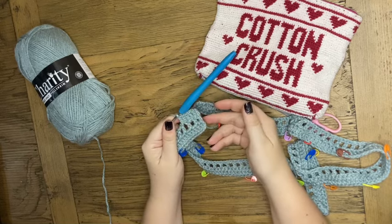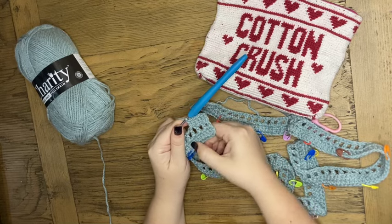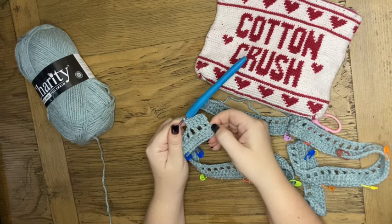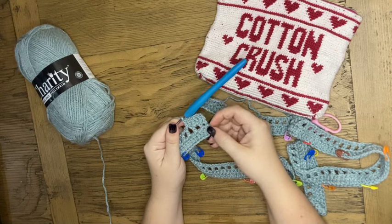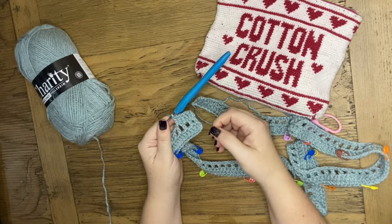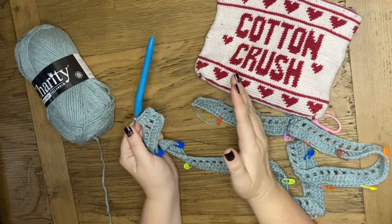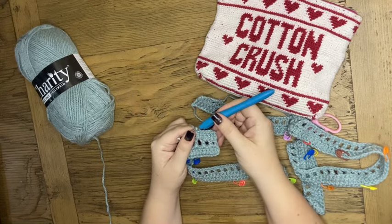Okay, so that is basically it. We're going to alternate rows of double crochet stitches and rows with spaces in between your double crochet stitches. So you can continue doing these 2 rows, alternating them until you've reached the width that you need your side panel to be. I have provided measurements,